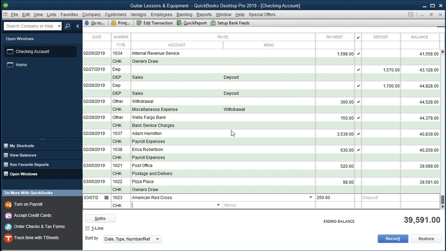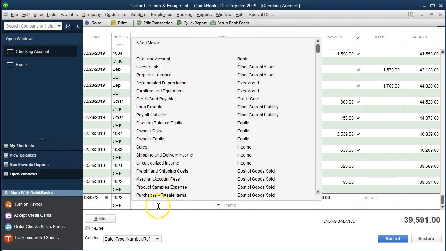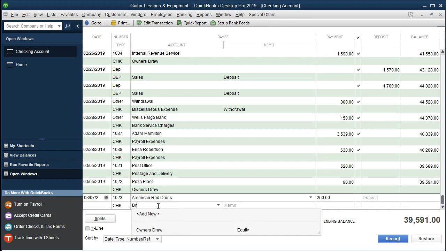So what we need then is to put it as, it should be personal. It should have been taken out, be personal. We're going to do the same thing, put it to draws, but we want to make a new draws account. We want to make a draws account specific to charity. To do that, I'm going to select the drop down, and we could say new, or I'm just going to type in the account. I'm going to call it draws